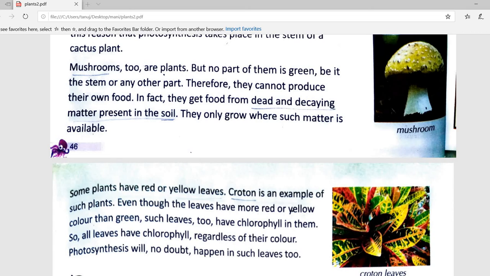So these types of plants make their food from this little green part, because this green color of the leaf, although it is only a little, has chlorophyll in it. So this chlorophyll helps to prepare food for the plant. It means the process of photosynthesis goes on in these plants also, but less food is made, because the green part is small, so photosynthesis is less in that part. So the preparation of food is also less, but it is sufficient for the plant.